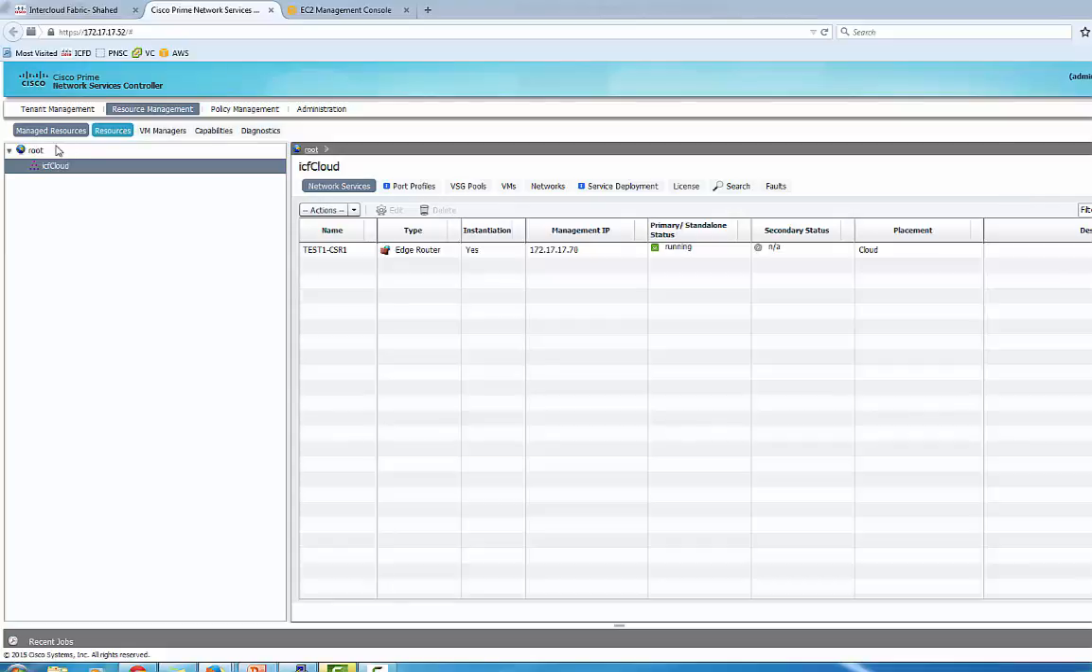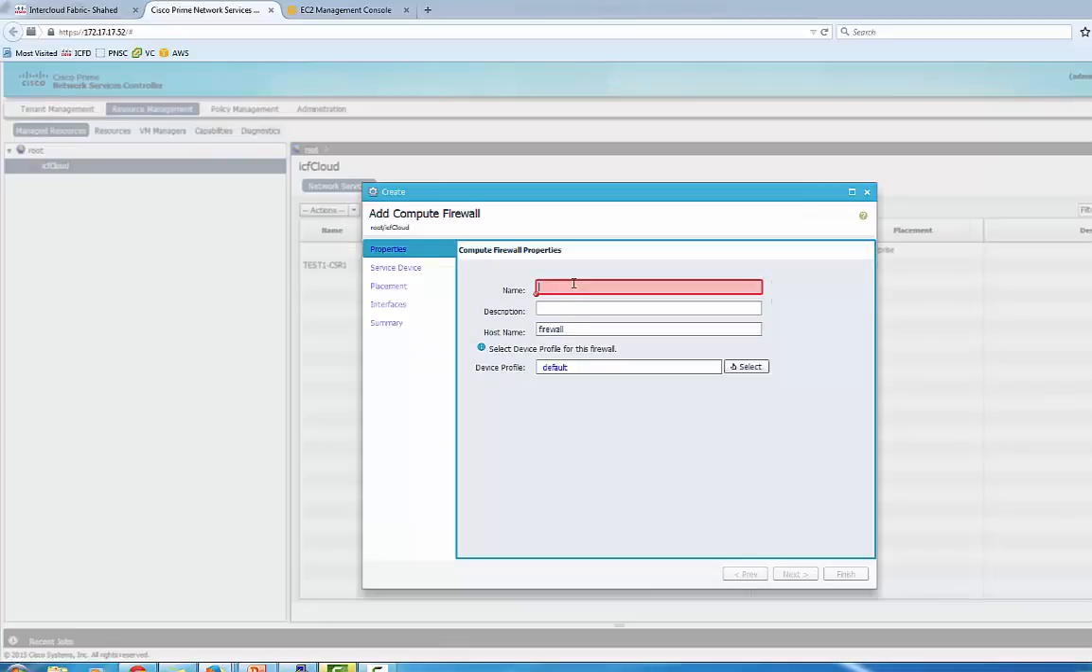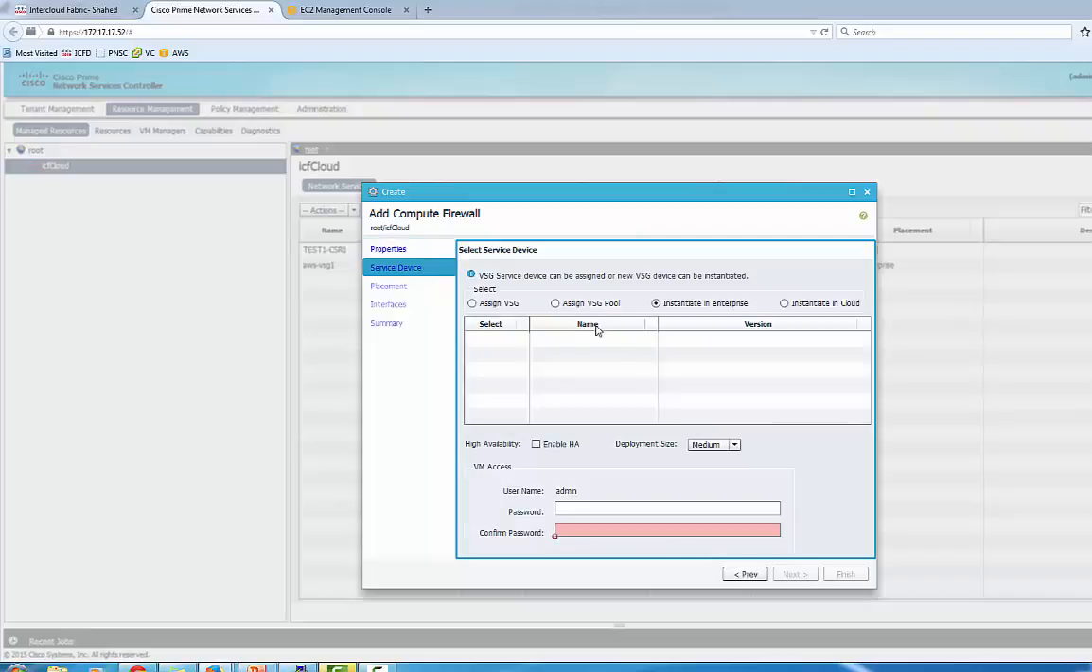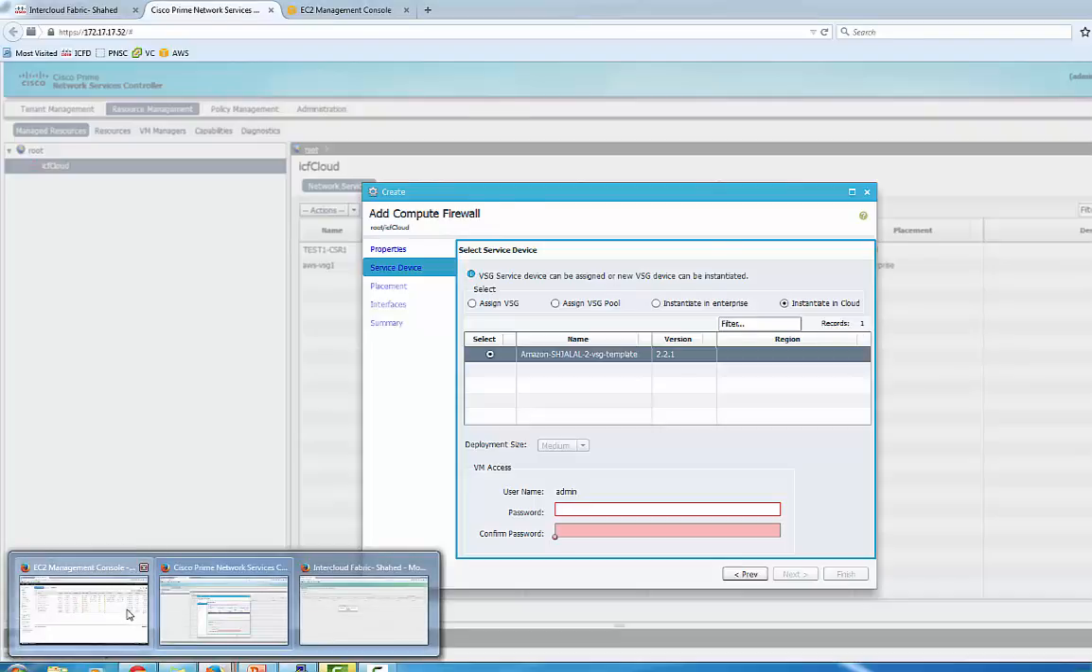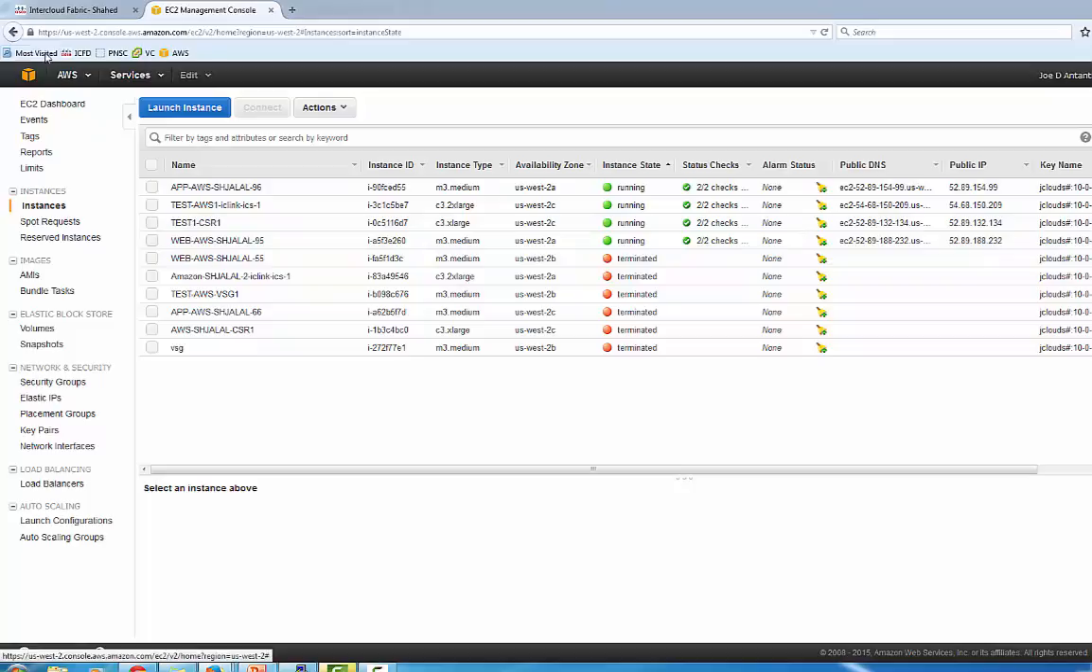So first, from the Manage Resources tab on the Resource Management, we will deploy that. Give it a name. Host name. And we're going to instantiate in the cloud. There is a template that's uploaded on your AWS. That was done at the initial stage. So if we look at this one, this is the AWS